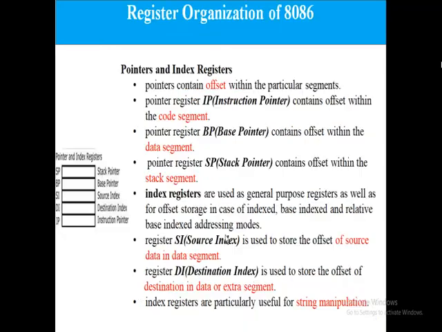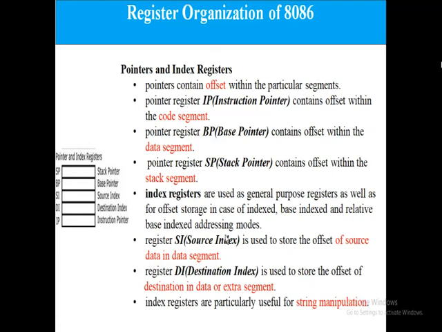Then the last one is pointers and index registers. These pointers contain offsets within particular segments. The pointer registers are the stack pointer, base pointer and instruction pointer. The instruction pointer contains the offset within the code segment, the base pointer contains the offset within the data segment, and the stack pointer contains the offset within the stack segment.